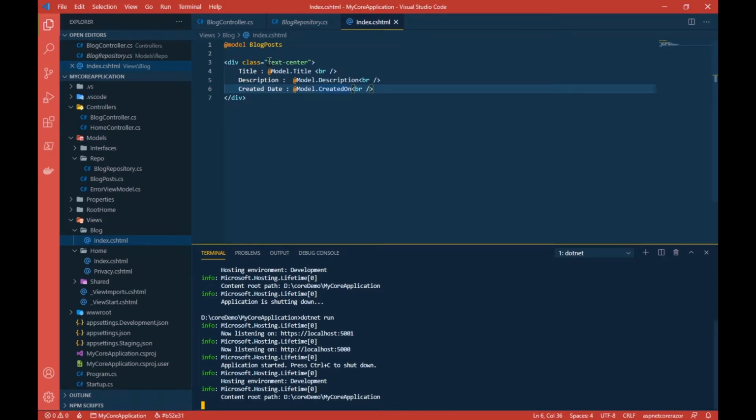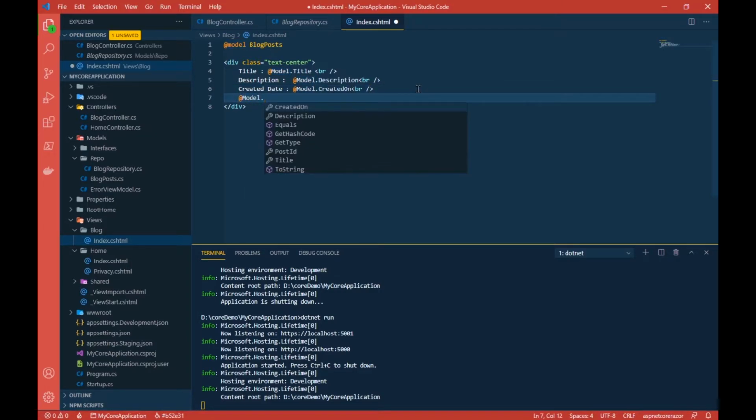It is strongly typed because I know this is the instance that I'm getting, and I'm creating my view based on the members of this instance. The moment I write @Model, I get all the members of this class via IntelliSense. This is one of the benefits of strongly typed.